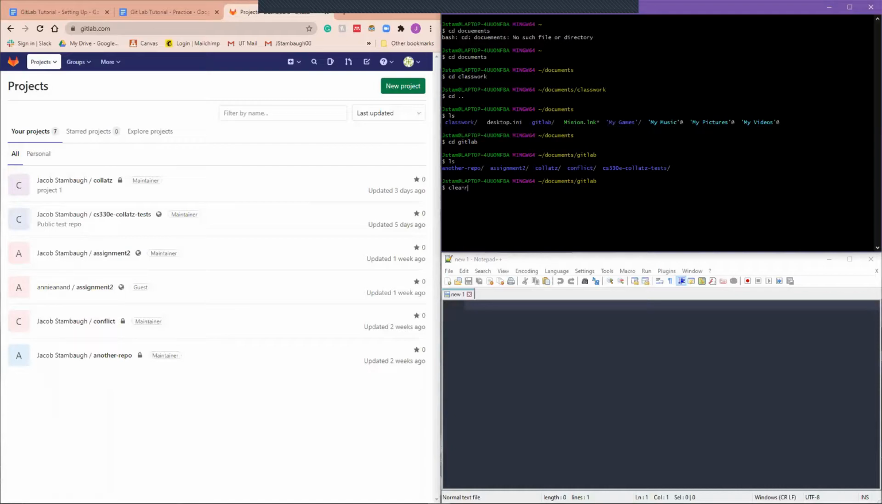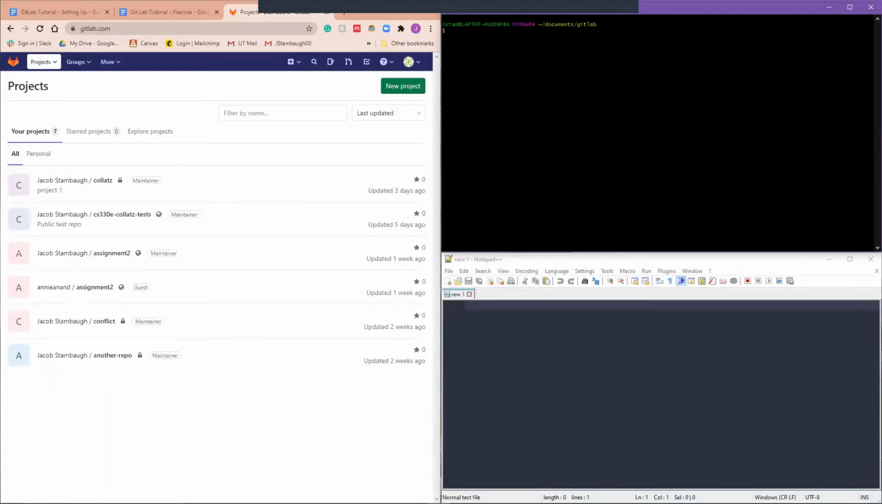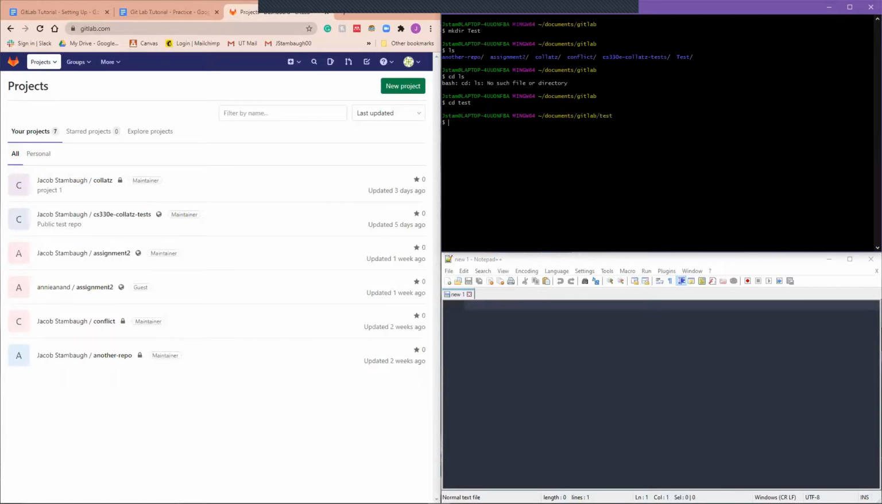Let's clear this just to make it clean. A really useful command is called make directory, just mkdir, and then you can call it whatever. We'll call this test. This creates a folder in the directory you're currently in, but it doesn't move you into it. If I type in ls, you can see that the test folder was created. And so I can jump into it by typing cd test,